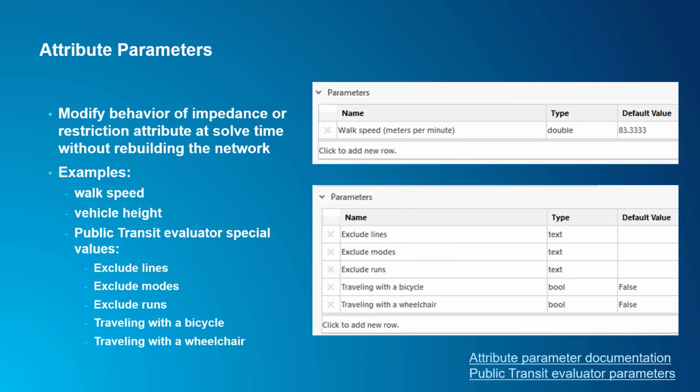Attribute parameters are used to modify the behavior of a network attribute at analysis time. It's a way to update some settings without having to modify the network and rebuild it. For example, you could configure a walk speed parameter that can be set at solve time, which modifies the impedance along street features. This isn't really pertinent to our current analysis, but it serves as a good, clear example of